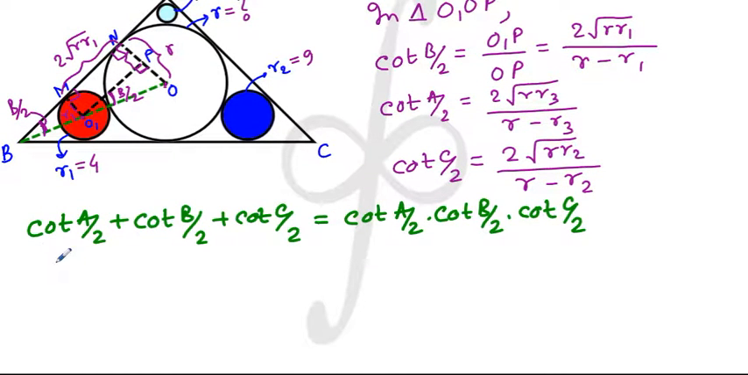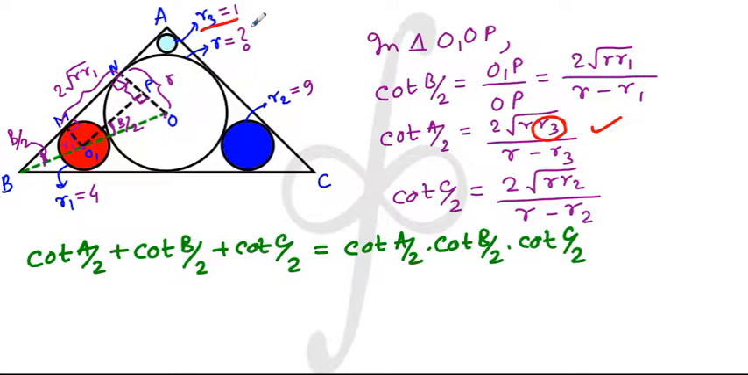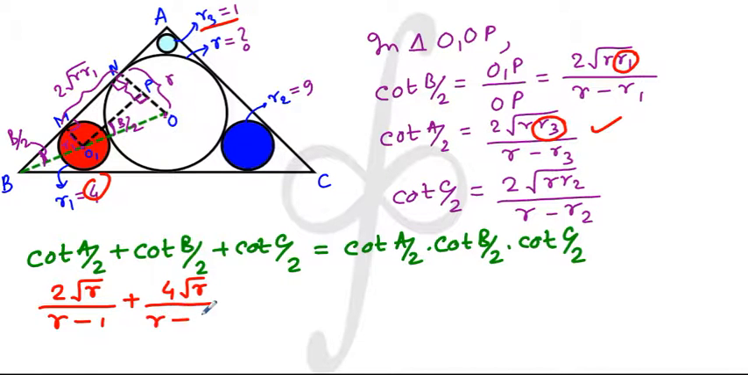So let us substitute the values here. For R3, from the figure, we have taken it to be 1. So substituting R3 to be 1, cot A/2 will become 2 root R divided by R minus 1, plus cot B/2. For cot B/2, substituting the radius R1 to be 4, it will become 4 root R divided by R minus 4, plus cot C/2. For cot C/2, let us replace R2 by 9, so it will become 6 root R divided by R minus 9,